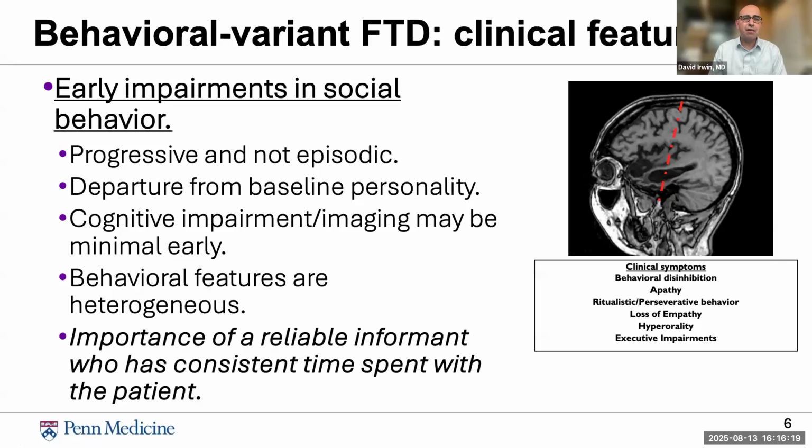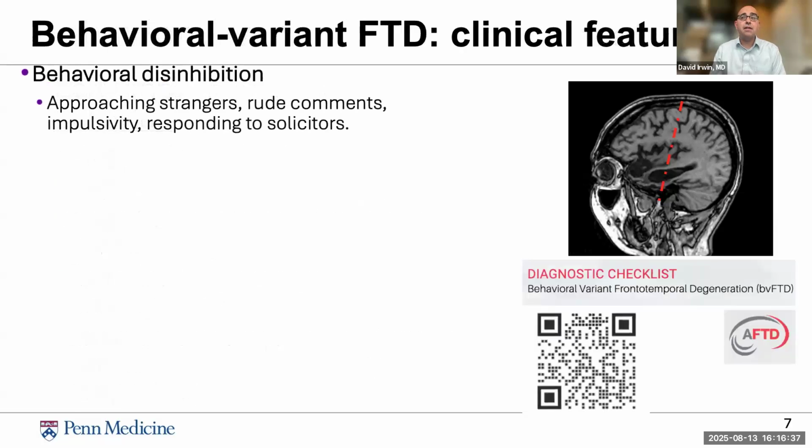A key aspect of the evaluation of patients with suspected FTD is a reliable informant or informants who have consistent time spent with the patient, to have a really detailed history and establish these features of a social disorder that characterizes FTD. I highlight here a QR code to the diagnostic checklist that the AFTD has designed and developed, which can be extremely helpful in the diagnosis of FTD. It gives both the clinician and family members the ability to document and work through the core clinical features of FTD to help establish